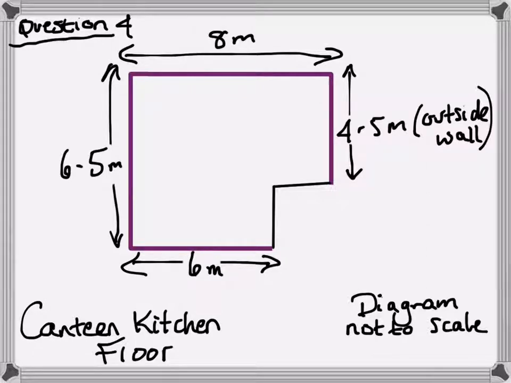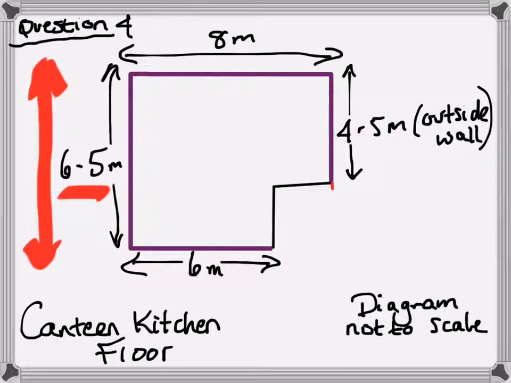Another thing that you can see here, it's not a complete square or rectangle. So what you will need to do is make some assumptions based on the information you already have. So as you can see from here to here, it's 6.5. So you need to make some assumptions and guesstimations, which will be based on fact, that from this